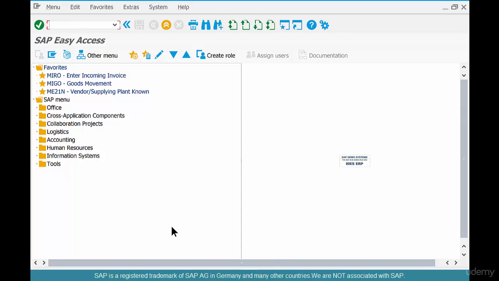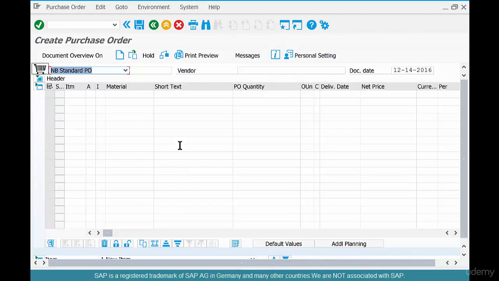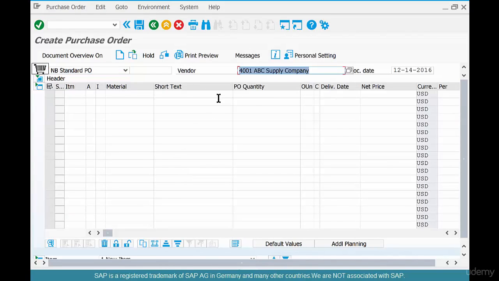All right. So the process is simple. Go to ME21N and select your standard vendor 4001, and material is, say, you could have any material as a consignment. Okay, so coffee beans or anything you want, paper. It's not dependent on the material. So what's the quantity? Let's say 500 pounds,